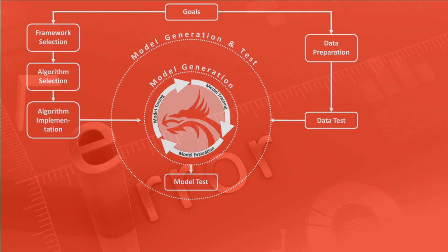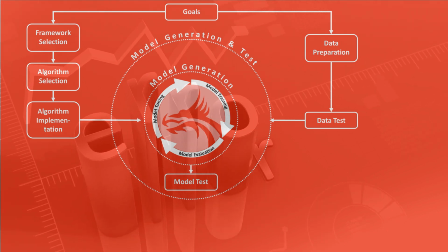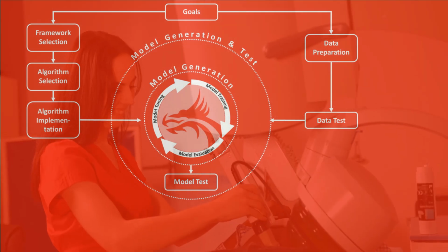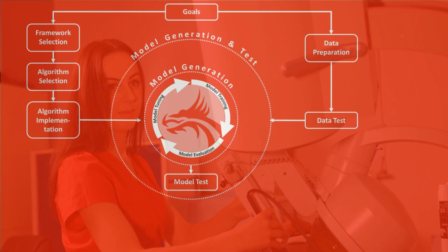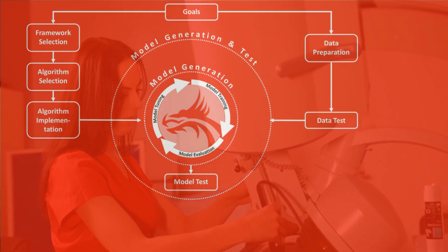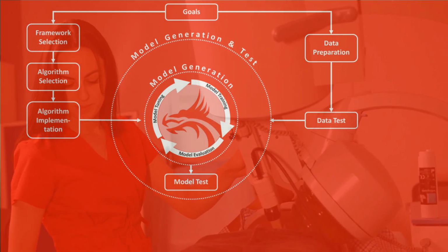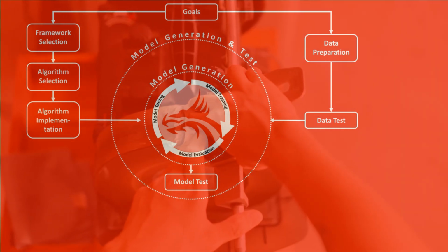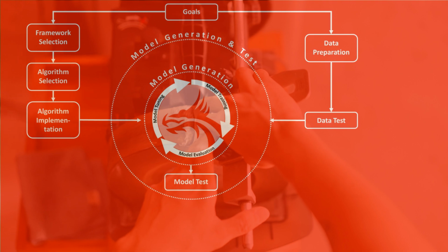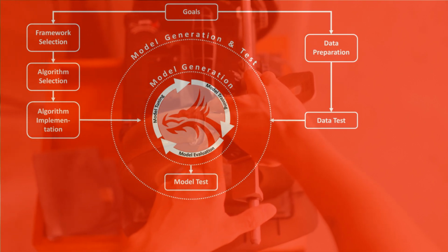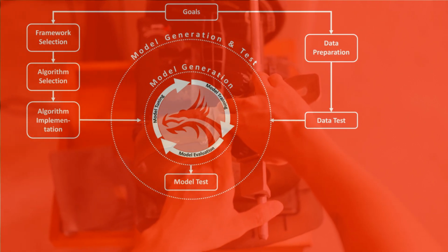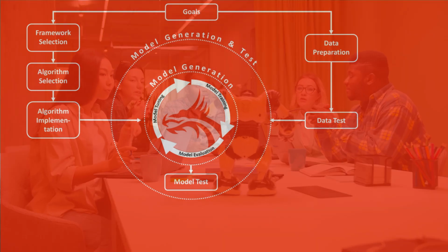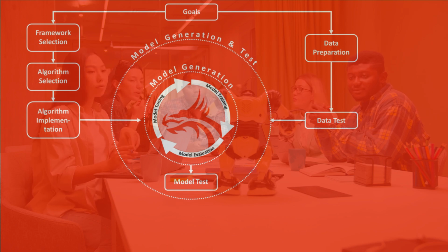This can be used to determine whether the model was adapted too much to the training or validation data during generation. If the functional test results when testing the model are significantly worse compared to the results of the model evaluation, this means that model generation must be restarted with a modified model, maybe using different hyperparameters of the model or a different algorithm. If the functional test results meet the requirements when testing the model, the project team also